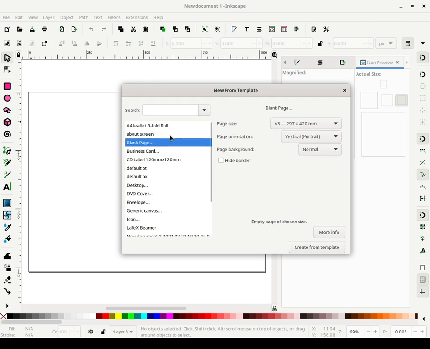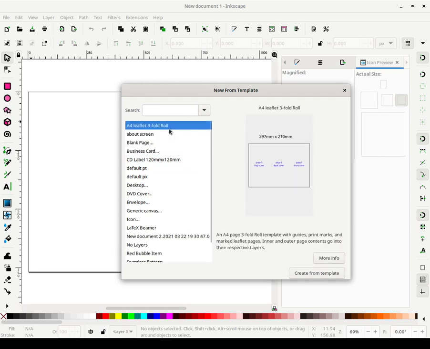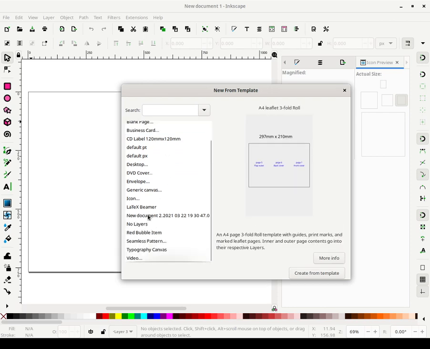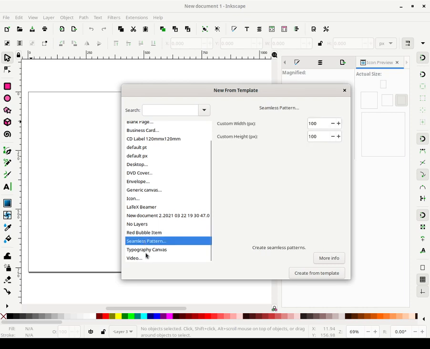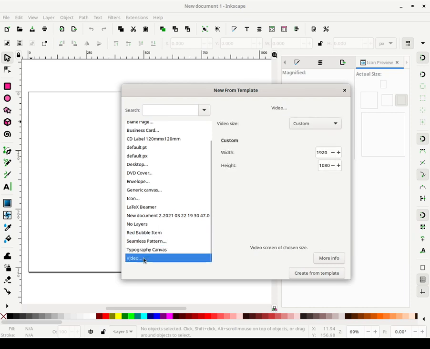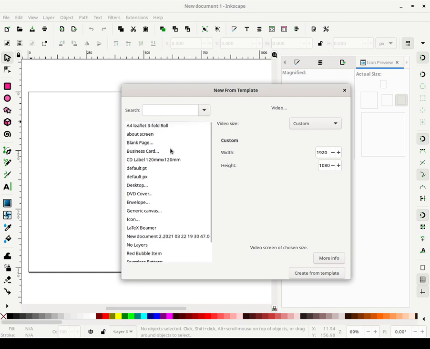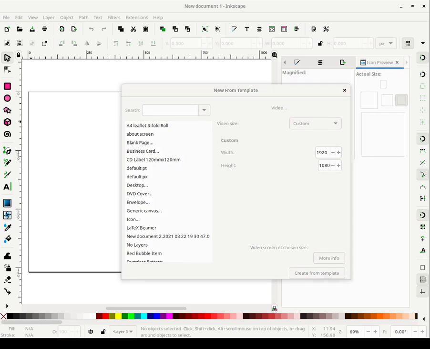Not really necessary for most people, because most of us aren't working with print media or business cards or any of that stuff when we're using Inkscape. Most of us are doing digital graphics. But in case you have to do those other things, I may cover them, so you can let me know, probably through social media or even in the chat, if you want me to cover those things, and I will get back to them as soon as I can.